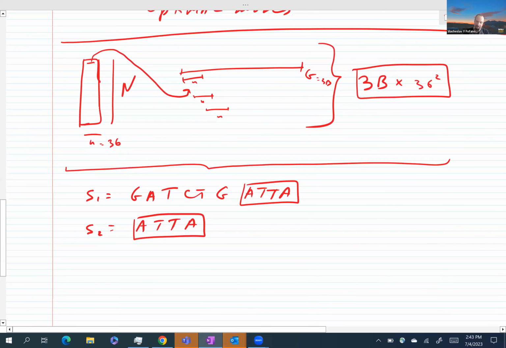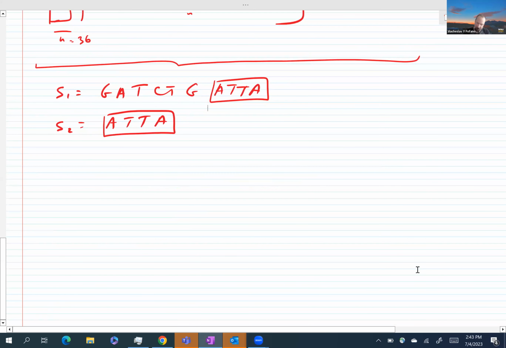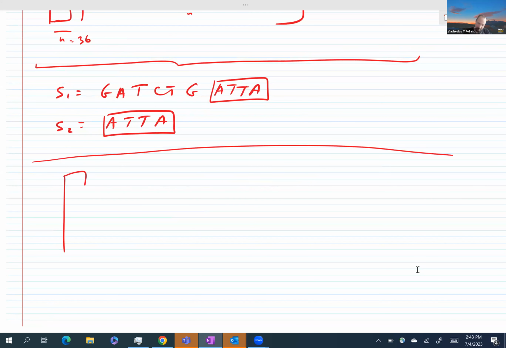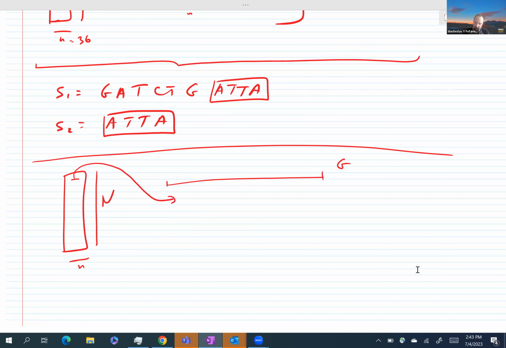Remember, our problem is a whole bunch of queries of size n within a genome of size G. If instead of making a whole bunch of small comparisons,